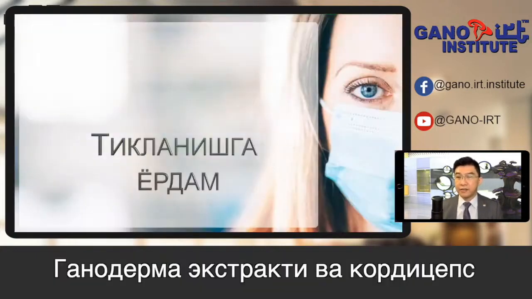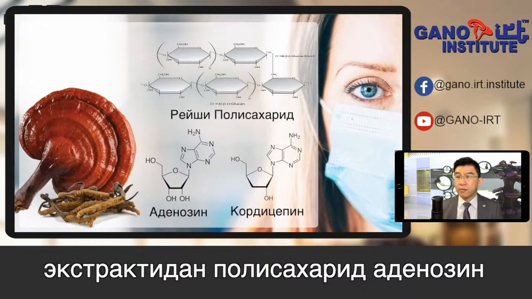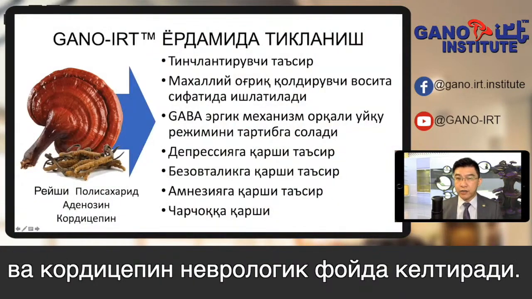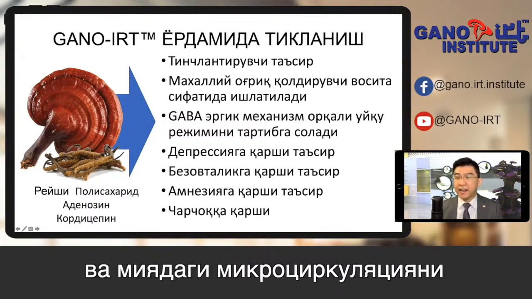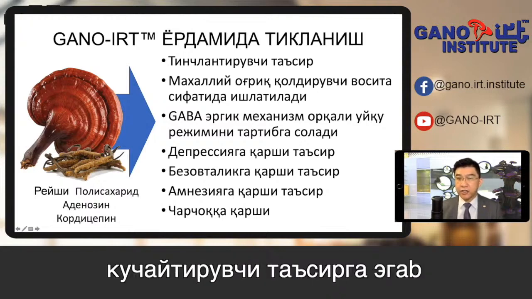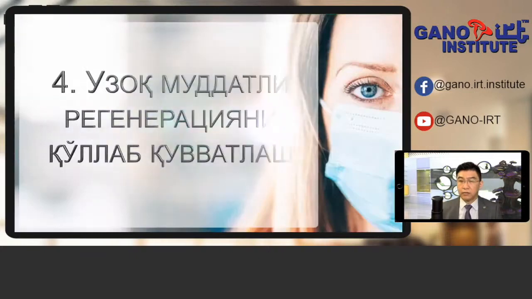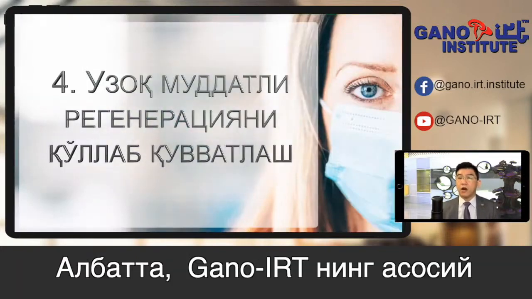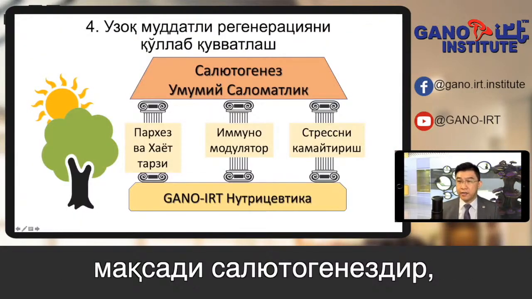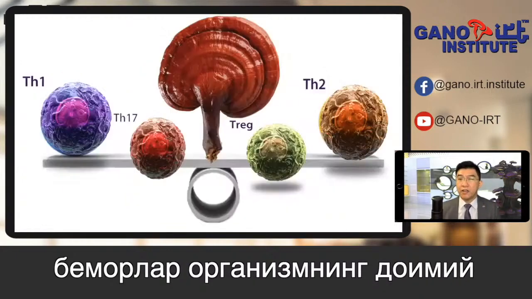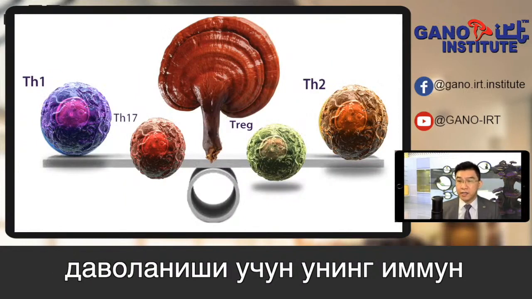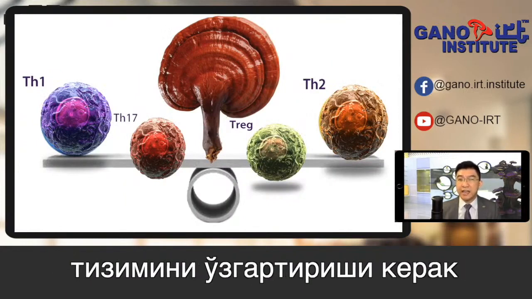Polysaccharides, adenosine, and cordycepin from Ganoderma extracts and cordyceps extracts have neurological benefits, such as calming effects, anti-depression-like effects, anti-anxiety, and enhancing the microcirculation in the brain. Of course, the ultimate goal of Gano-IRT is salutogenesis. After recovering from COVID-19, the patient needs to modulate his or her immune system for the continuous healing process of